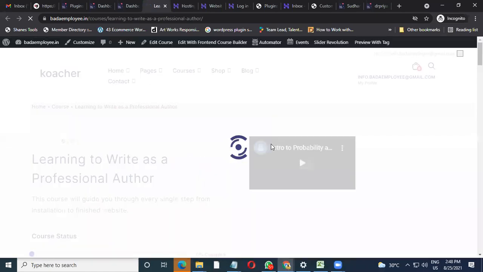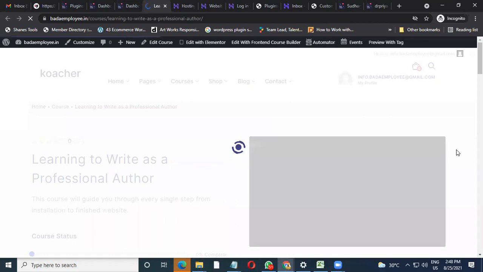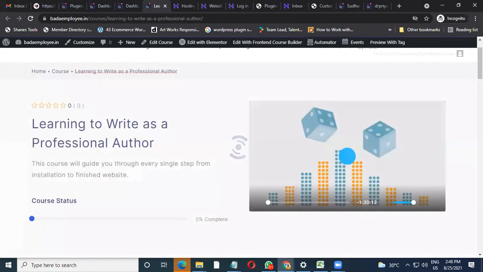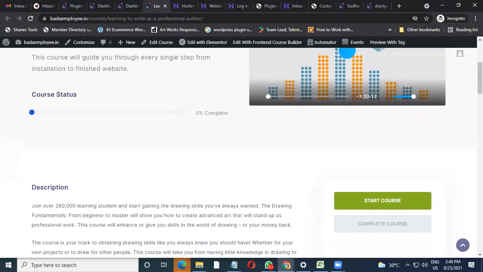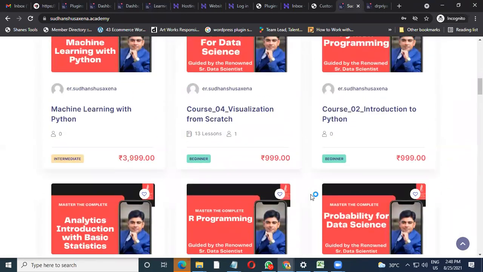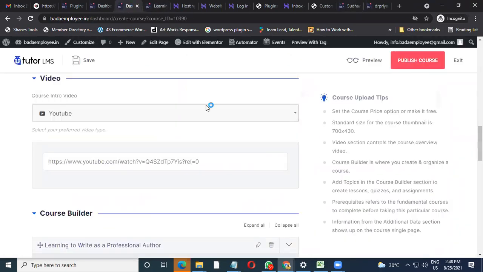Now to preview, if I want to see how it looks on the front end, I'll just click on preview, and it will take me to the landing page. This is the landing page, which automatically gets created as soon as you put up a course. So don't worry, and that's what I said. If you have your courses, just keep adding your courses. If you don't have, use the PLR courses which I have given. Keep adding your courses, so that once it is populated, your courses can be seen in a similar pattern, and your site starts flourishing with the content.